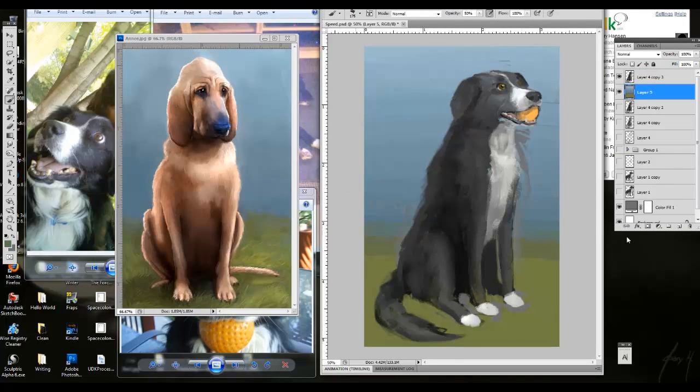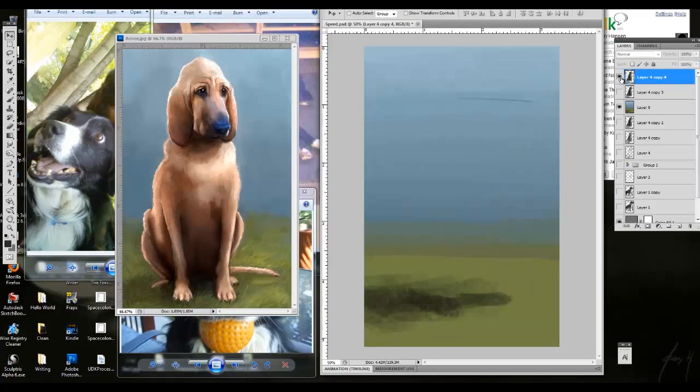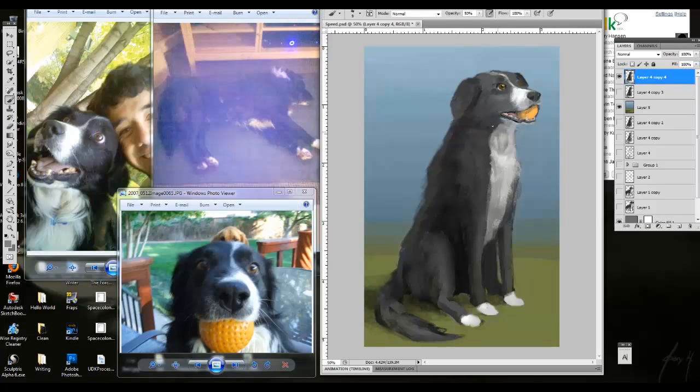And you can see here that's Annie's picture on the left and Speed on the right, and trying to keep in mind how I'm going to be framing and how they're going to be looking in relation to each other. But yeah, it was a really tough drawing for me,